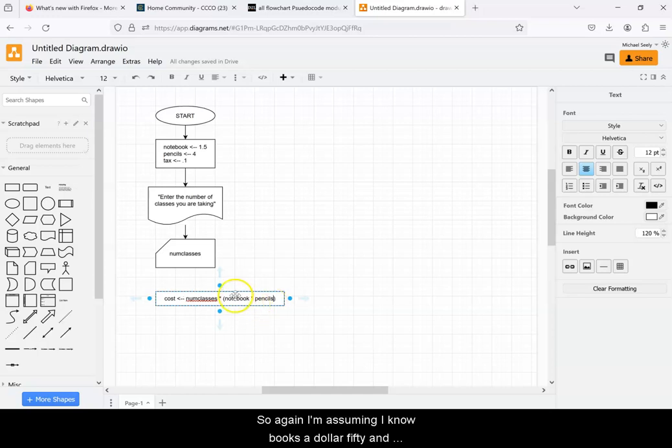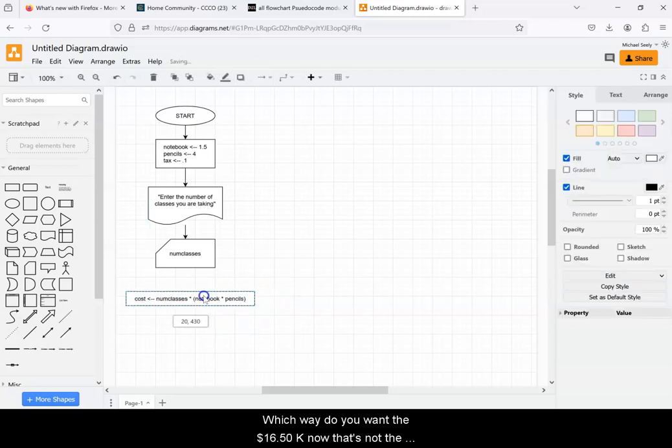Okay, so again, I'm assuming a notebook's $1.50 and pencils are $4, so that'd be $5.50. So if they took 3 classes, it would be 3 times $5.50, which would be what, $16.50. Okay, now that's not the final cost because we always have to add in our taxes here. Okay,